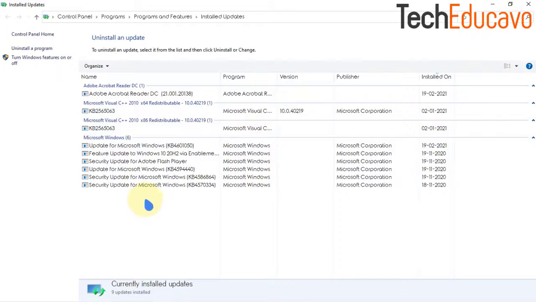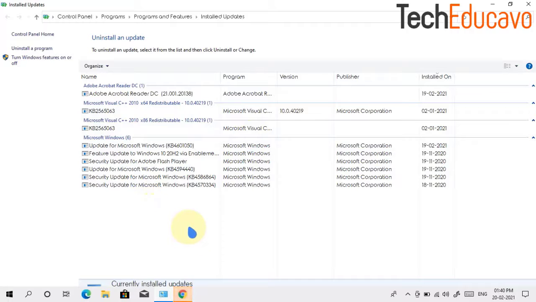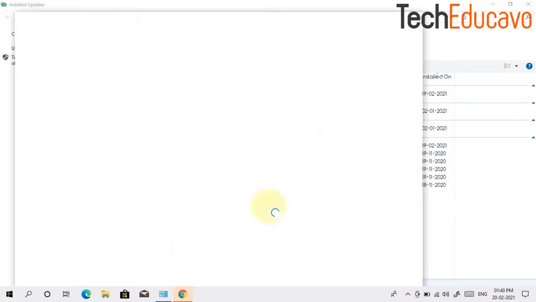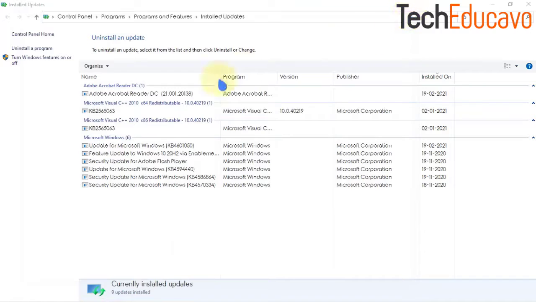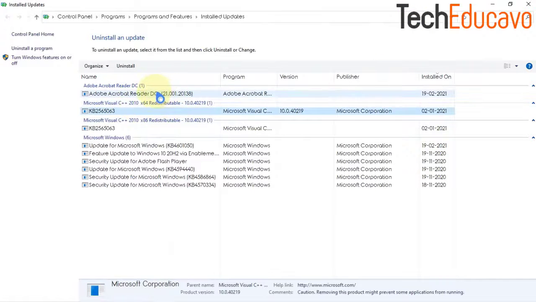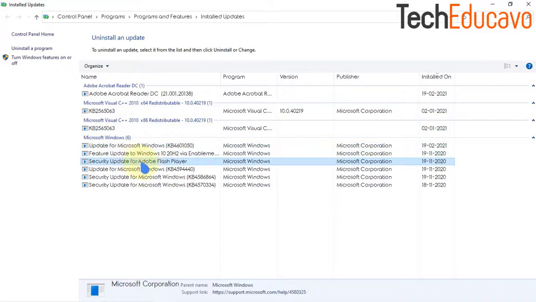By clicking on Uninstall Updates, it will open the Control Panel from where you can select and uninstall the installed updates. Using this Control Panel, you can uninstall the updates.